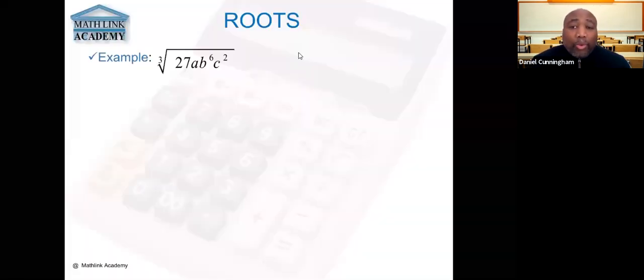Now let's talk about roots a little differently. In this particular problem, they're still like powers, but it's written a little differently. You can look at roots as being powers too, but in this case, we have the cube root of 27a b to the 6, c squared. Since there's only one term,